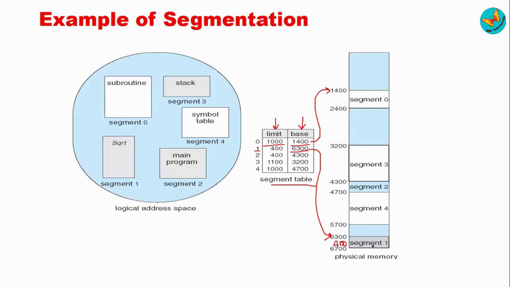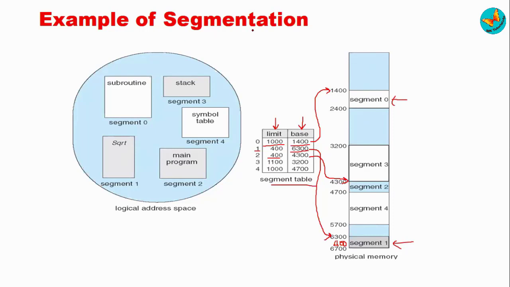Likewise, each of these segments will start at the appropriate start address, and depending on the length, segment 2 will be allocated its space. So all the segments will be put non-contiguously. You can easily see from the diagram, segment 0 is put here, then segment 1 is put here. So it's not like these segments, or pages in case of paging, need to be allocated memory contiguously. This is the advantage of using segmentation.